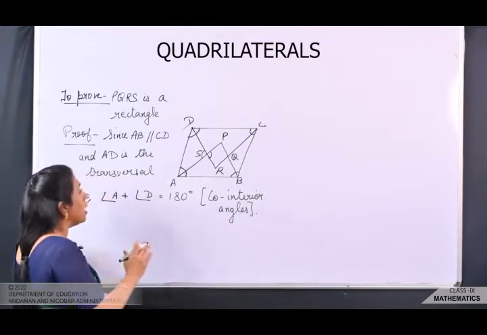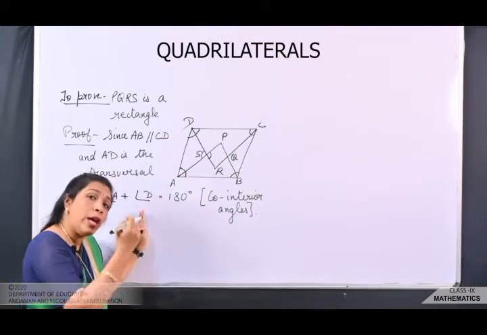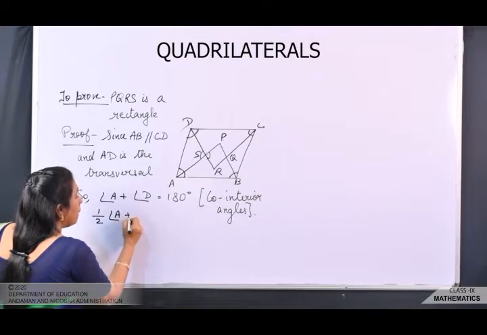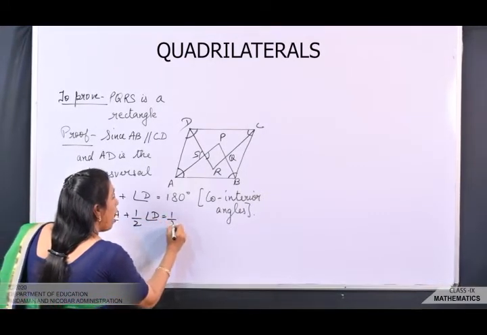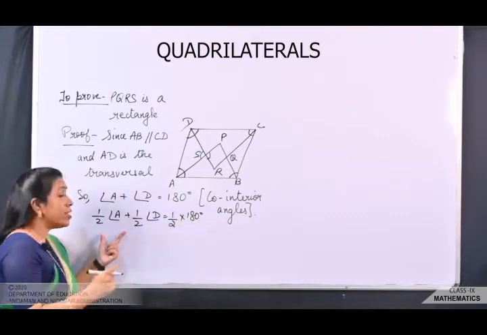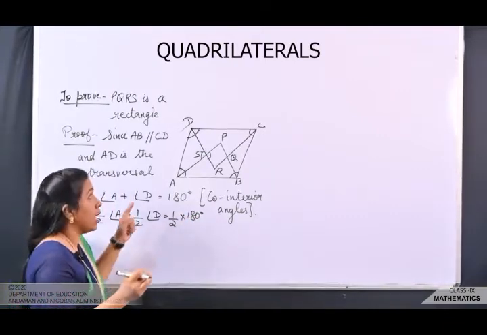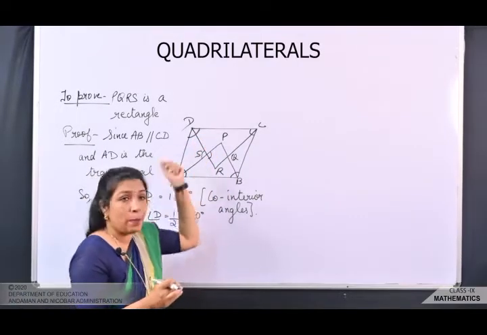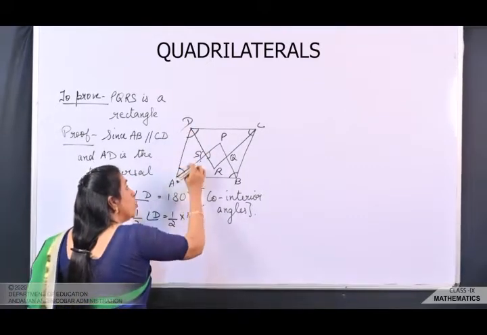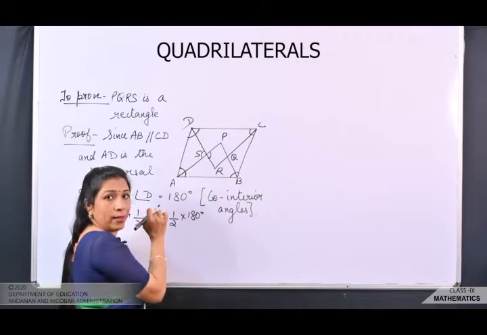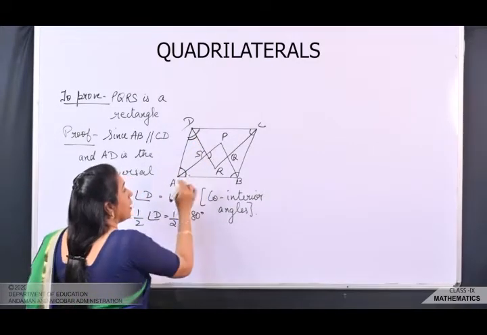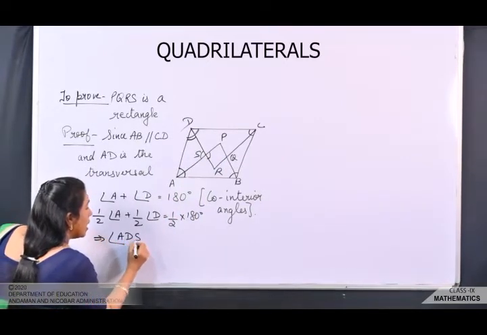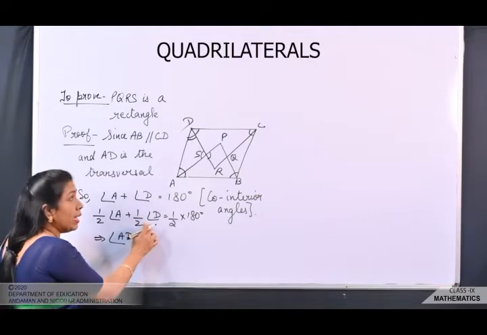Now we are going to introduce half to the LHS as well as to the RHS. So we'll have here half of angle A plus half of angle D is equal to half of 180 degree. Now instead of half of angle A, what can we write? Because this is an angle bisector, these two will be equal to each other, so we can write this or this. But we are going to use this triangle, so we require this angle, isn't it? So we'll take this angle, that is ADS.